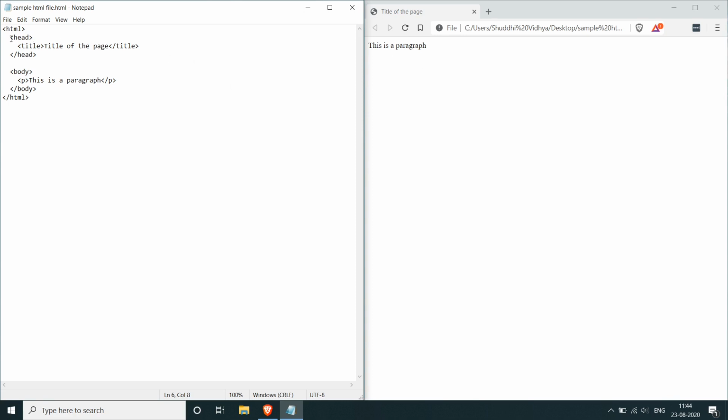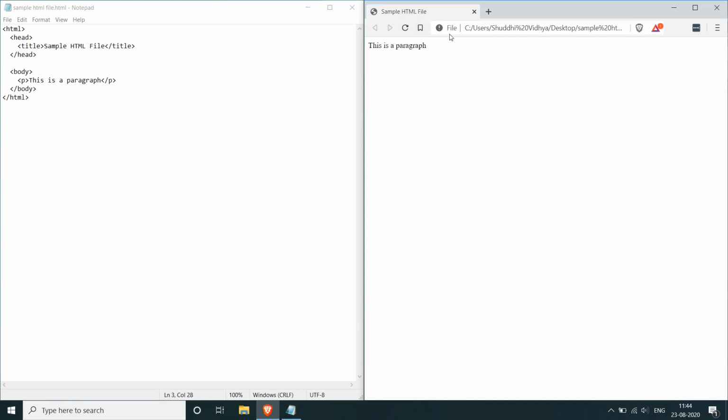So you can see here that none of the things that are written in the head actually appears on the page itself. So the body tag is what contains the actual content of the page. Okay, so the body tag will have the content of the page, and the head tag will contain the metadata. So metadata is basically data about the page. Okay, so this is the page, but there is some data about the page. For example, this title is data about the page, and if we change it, and save it, and I have to come here and refresh it, and it will reflect the changes here.